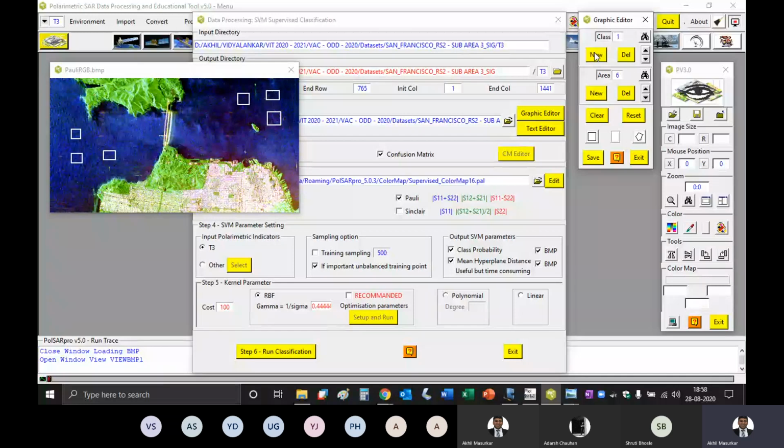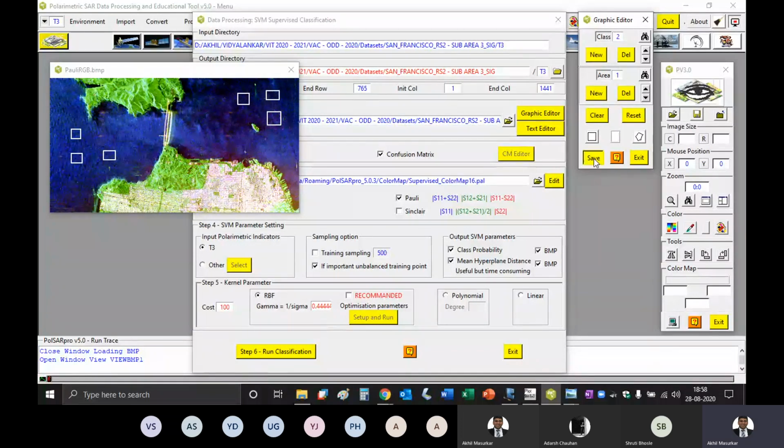Now you can go to new class here. Now we will go to class number 2. Now you can see when I press this new, this area by default becomes 1. Oh, okay.